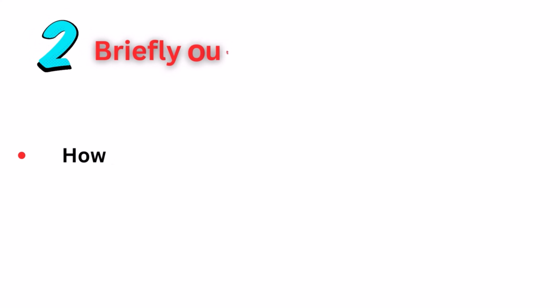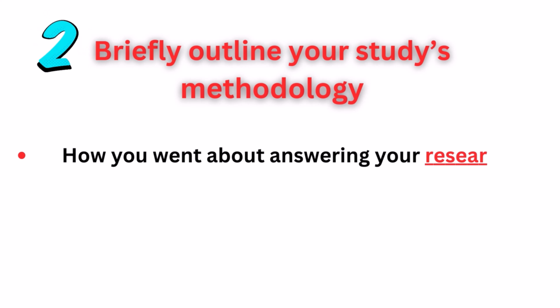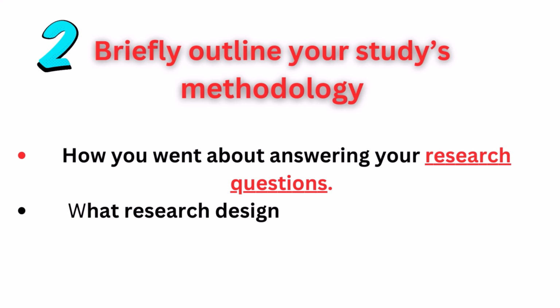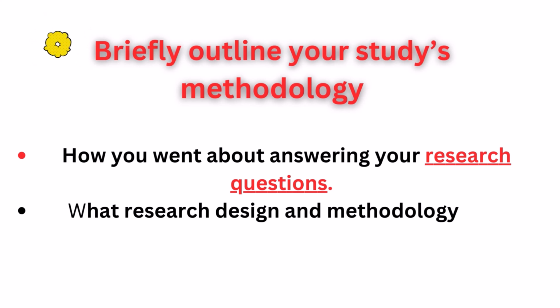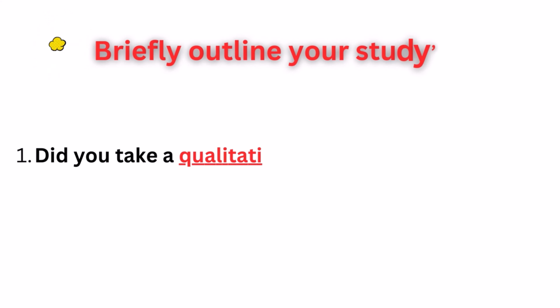Okay, step 2. Briefly outline your study's methodology. In this part of your abstract, you need to very briefly explain how you went about answering your research questions. In other words, what research design and methodology you adopted in your research. Some important questions to address here include: